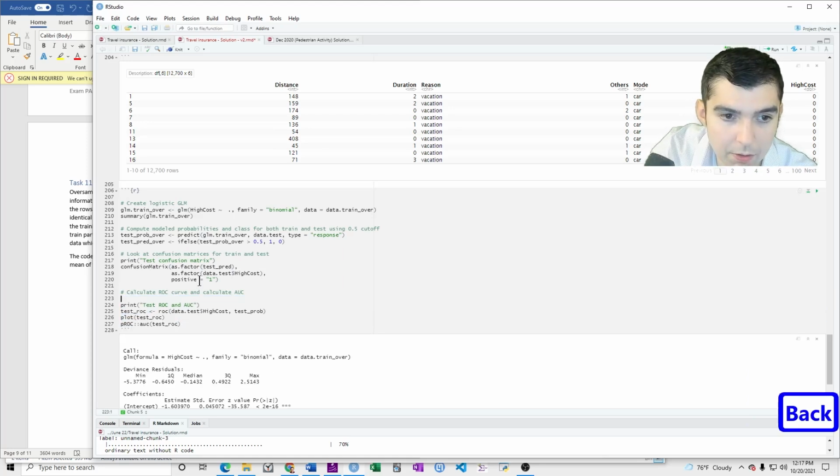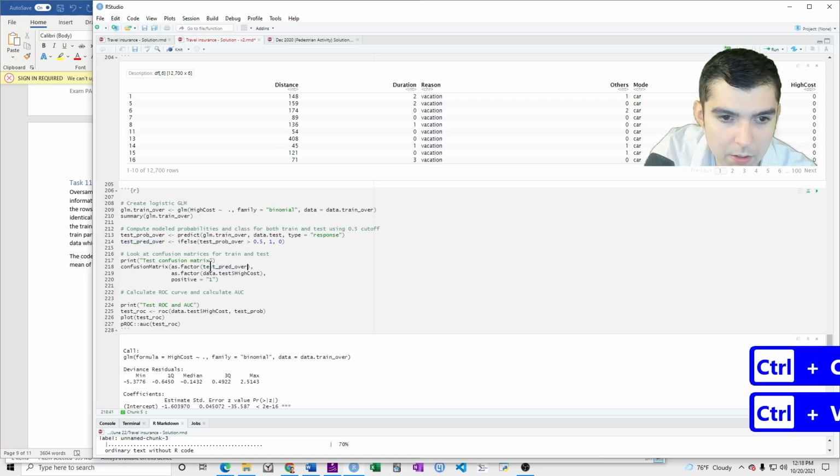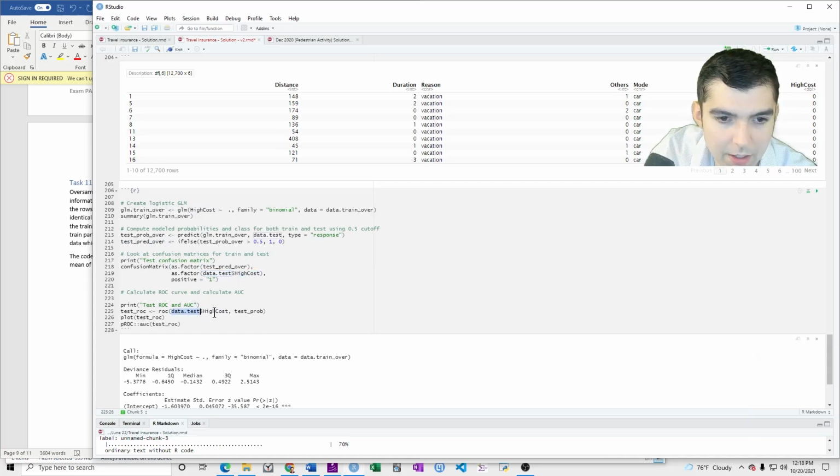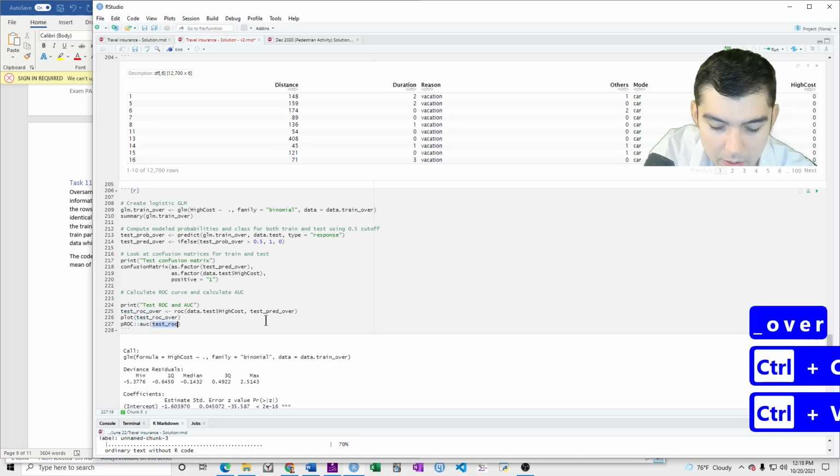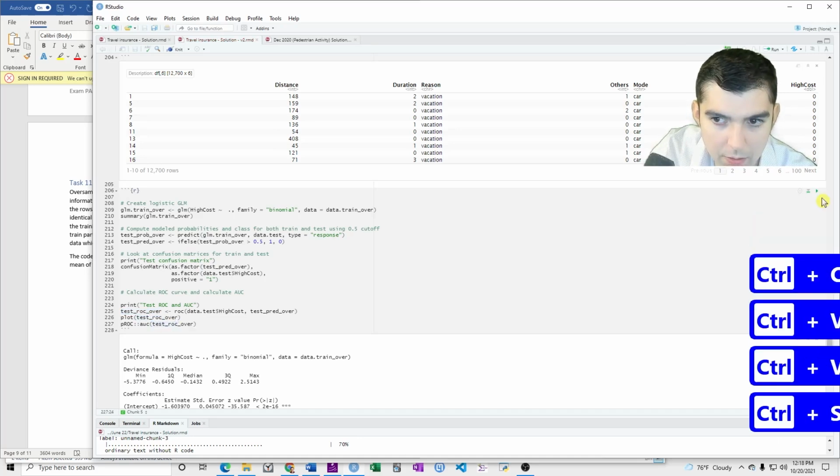There it is, and then we'll just make sure that we use the right prediction. So there's test pred over, and then there's data test high cost, that's right, and then data test high cost test pred over, and then there's test ROC over, plot test ROC over. There it is.